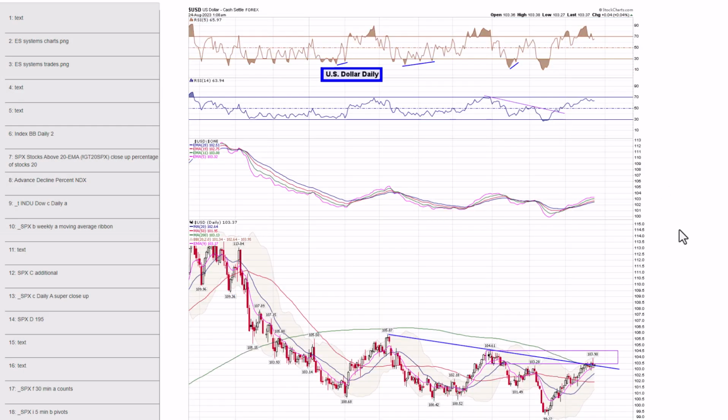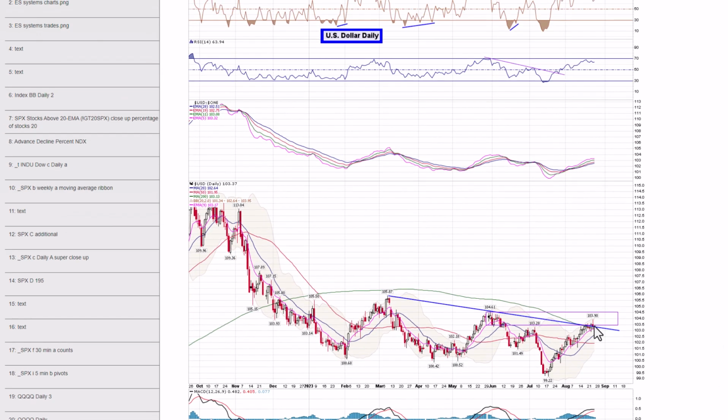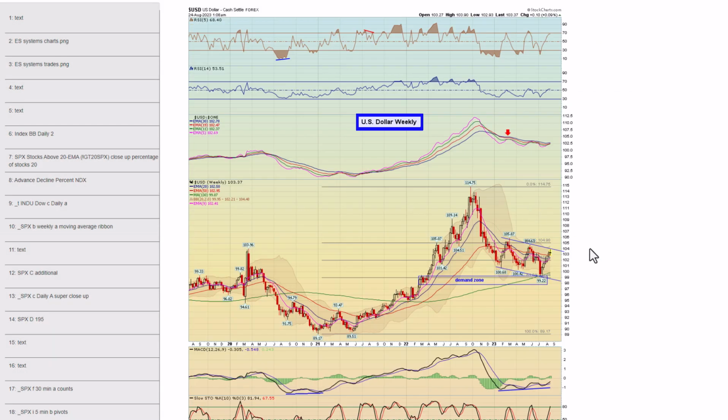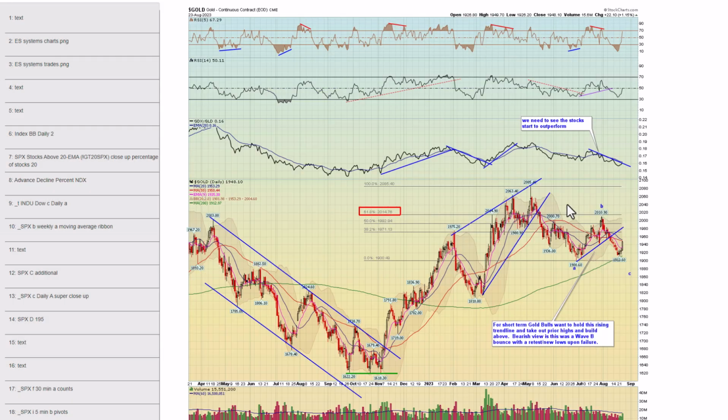Next, chart 62, US dollar. Again, it's up in this supply zone, so logical area where it could struggle. Next, chart 63, there's the weekly chart. Again, it got up near this channel line, which is resistance. Obviously, it had a good rally for the last month and a half off this demand zone. Next, chart 64, gold, nice pop.